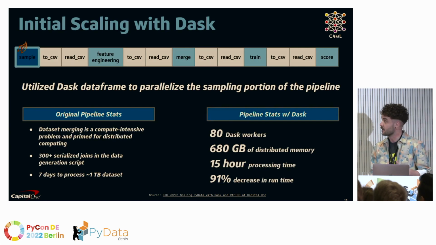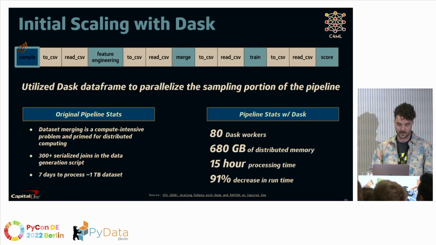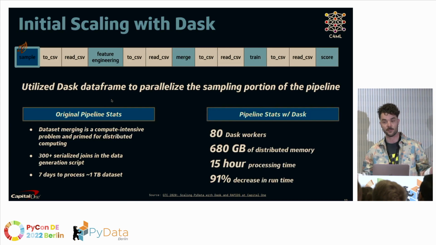So they did some initial scaling with Dask using Dask DataFrame. This is the scaled version of pandas DataFrames, to parallelize at first just the sampling portion of the pipeline. They were using 80 Dask workers, so a cluster with a total of almost 700 gigabytes of distributed memory. And they were able to process this in 15 hours instead of 2.5 weeks, which is a significant speed up,